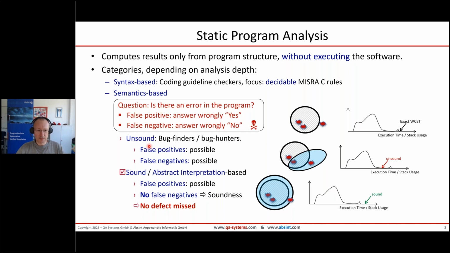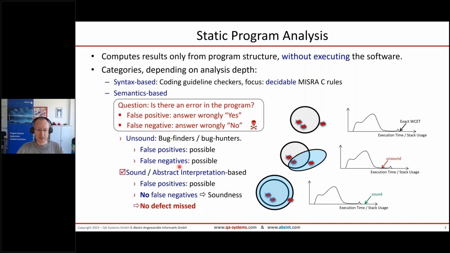So what can happen if you have a simple tool is, you can have false positives and false negatives, which means the tool can say, you have a problem there, but actually you don't. It's a false alarm, and the tool was too imprecise to find out that it was okay. And the really bad case is that you get a false negative and the tool doesn't complain at all, but you really have a defect which the tool missed. So that's really the bad case. And it's not possible to have a tool which never gives false positives and never gives false negatives.